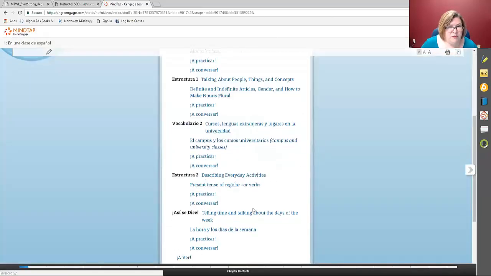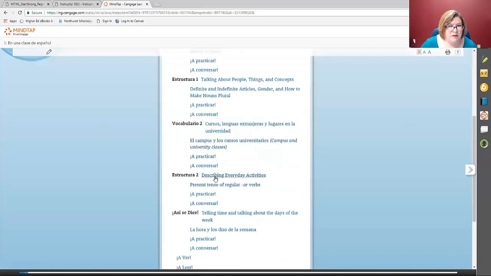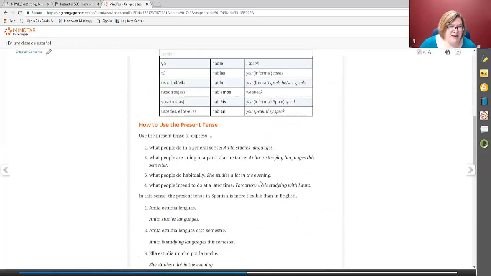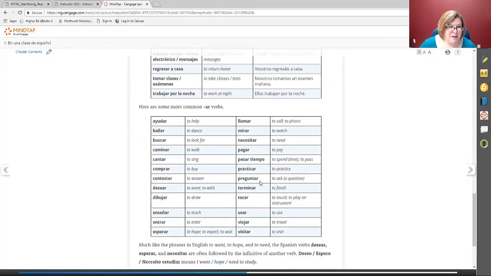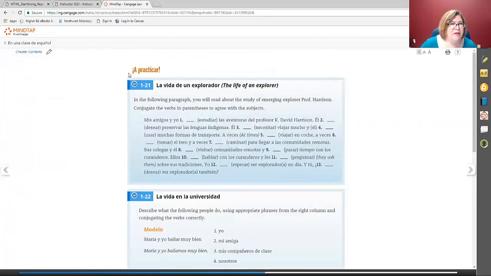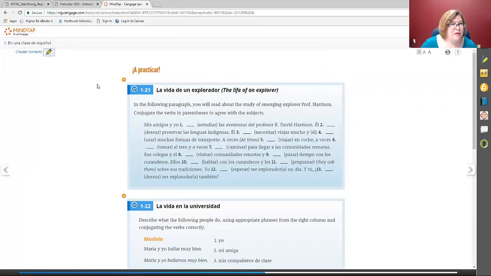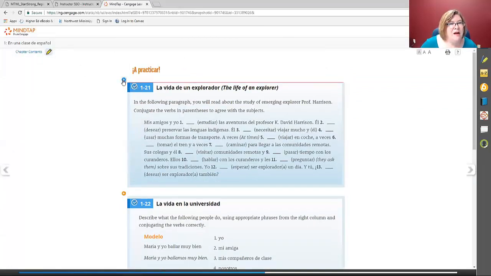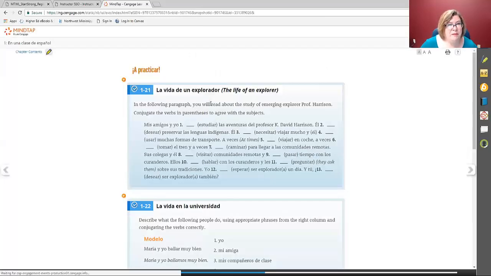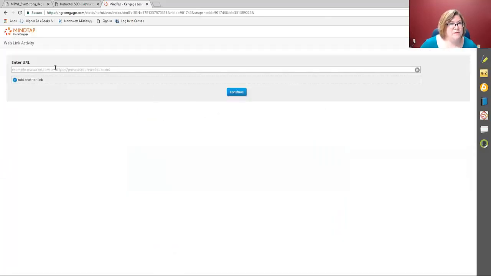So if I wanted to go to talking about AR verbs, and if I wanted to put a link into the website that I like to use, which is Spaleon, I can go through, and I think I'm going to put it over here in front of the activities. So click my ebook again. Before I get to a practicar, I'm going to have here a web link activity. And I tell them that I want them to go to www.spaleon.com, spaleon.com.